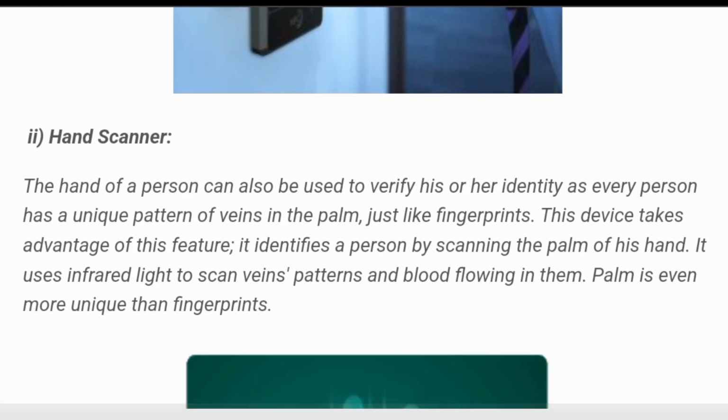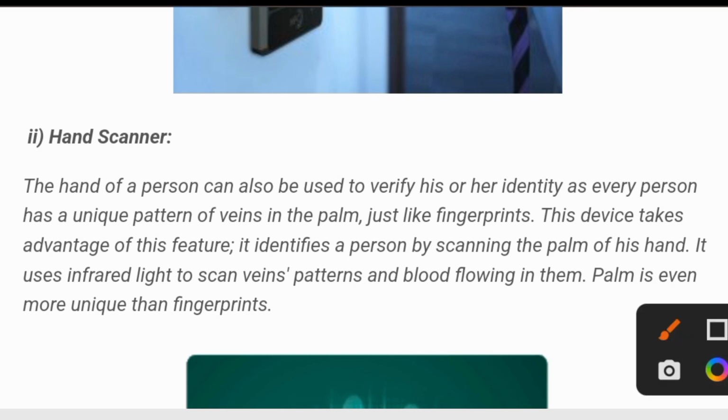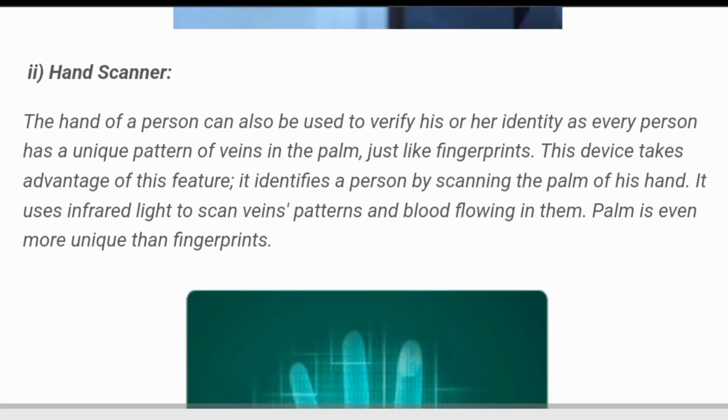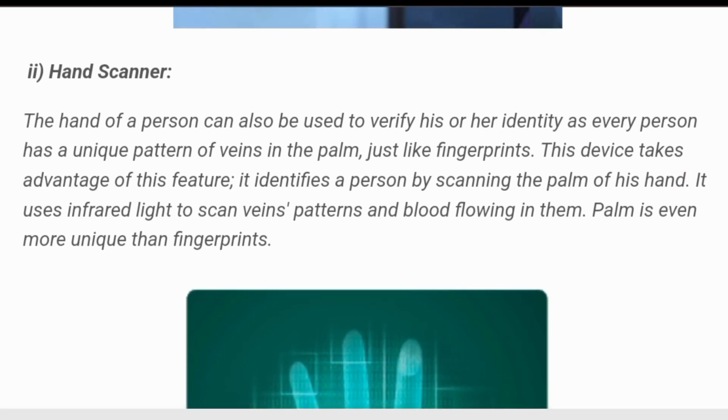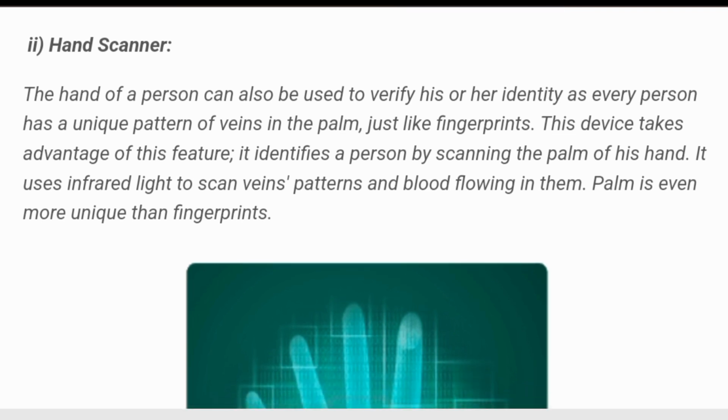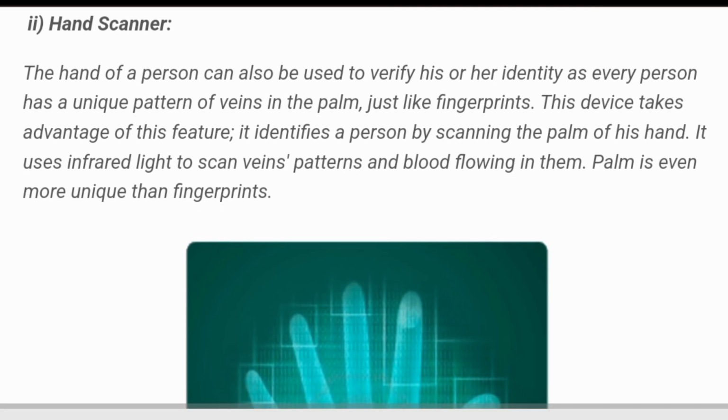Second, hand scanner. So what is a hand scanner? The hand of a person can also be used to verify his or her identity, as every person has a unique pattern of veins in the palm, just like fingerprints. This device takes advantage of these features.